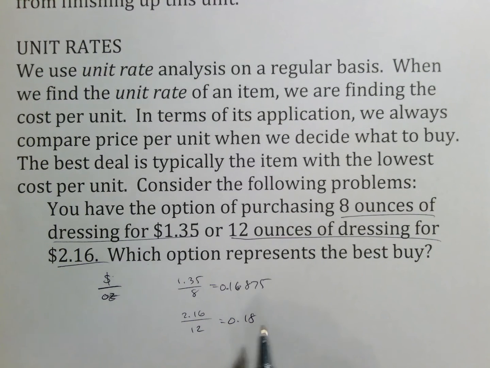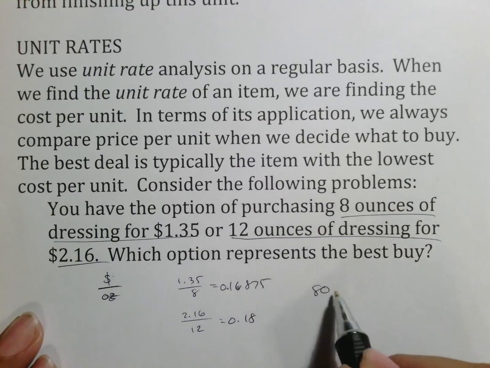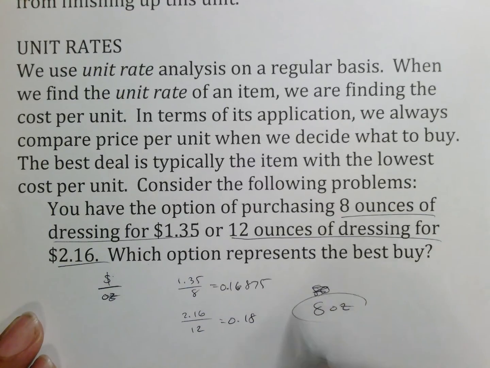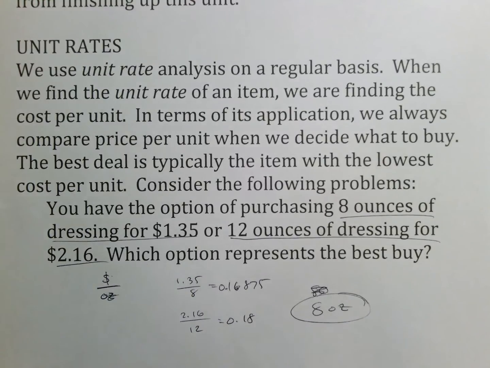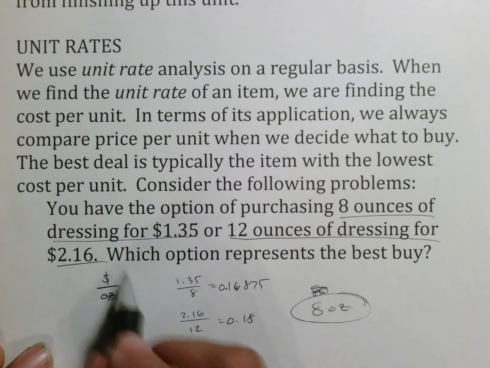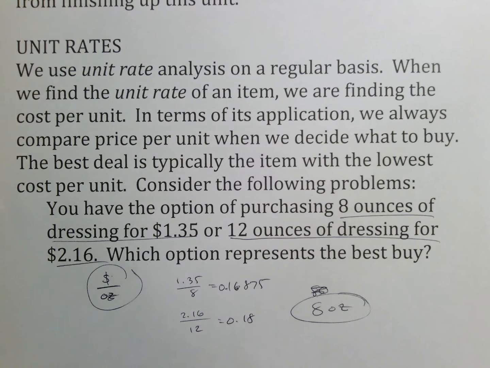Again, would you rather spend 18 cents per ounce or 16 cents per ounce? It would be the 8 ounces that is the best buy because that is the one that gives me the lower price per ounce. So it's a very straightforward question. You just have to make sure you remember that for unit price, you're looking at dollars per ounce. You want the cost per ounce or the cost per person or the cost per whatever typically is what you're